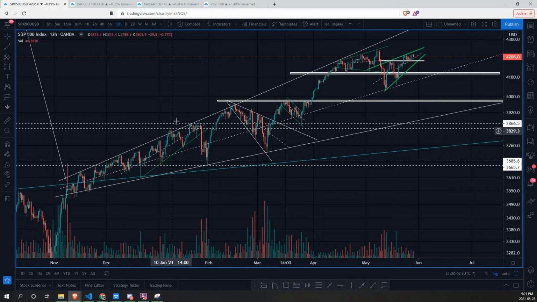So then looping back into the S&P, we had that nice recovery, and this is that expanding pattern that we were calling for 4,200, where we saw a series of lower highs and lower lows. Although it was expanding, we like contractions similar to what we saw within this wedge or what we're currently seeing right now. Obviously, if you have watched previous videos, you know that we do love contractions in volatility, but inevitably it did break to the upside. We were able to have a resistance just above this zone, have a great pullback, creating a great bull flag, and then we had a nice contraction where we saw a series of higher lows.